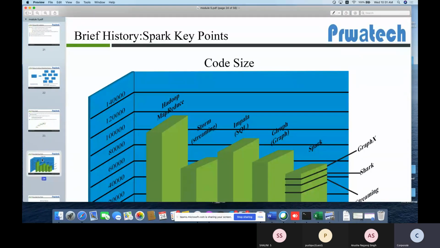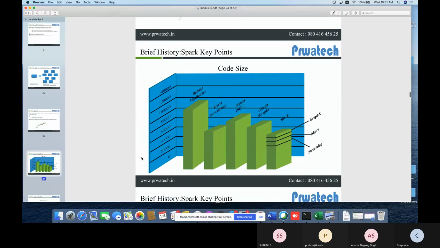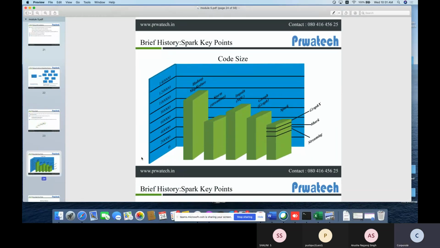Even the code size you see here: in Hadoop MapReduce and Storm streaming, the code size is very small in comparison to other programming.